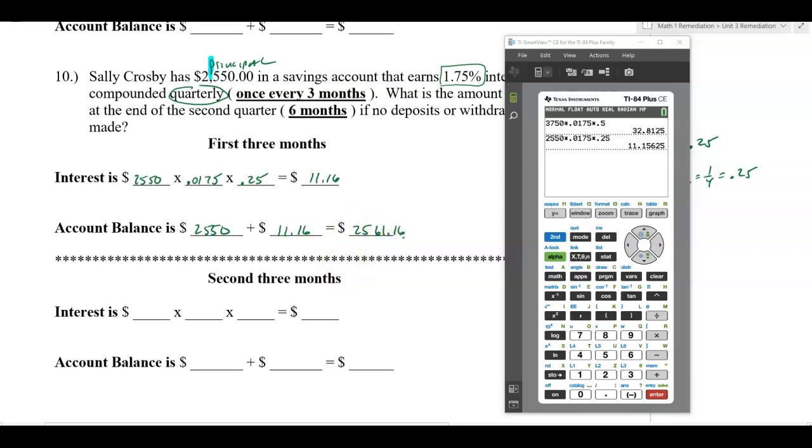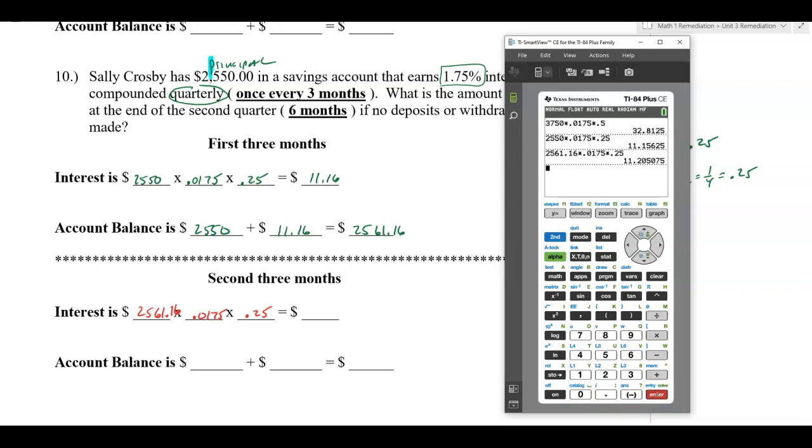That would give me $2,561.16. So the next round of interest is going to be 3 months later, and that round is going to start with a principal of 2,561.16 multiplied by the rate of 0.0175 times the time, which again is still 0.25. Or if you think about it, it's 3 out of 12, whichever one you use. When I multiply this, 2,561.16 multiplied by 0.0175 times 0.25,